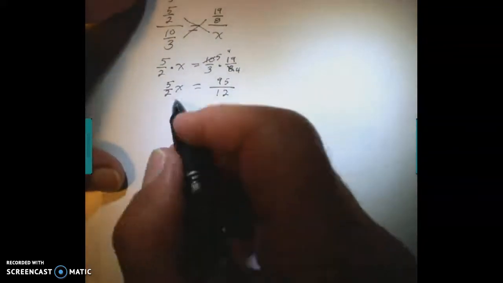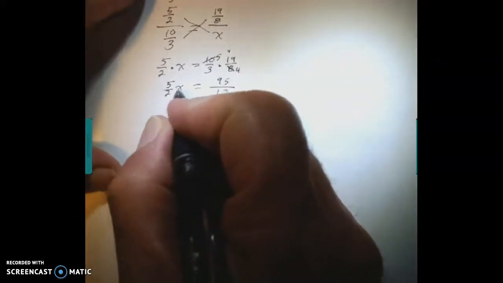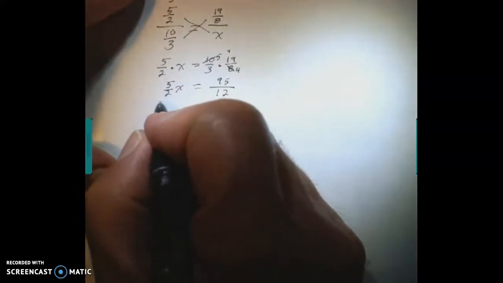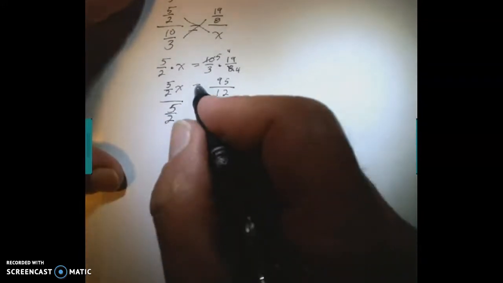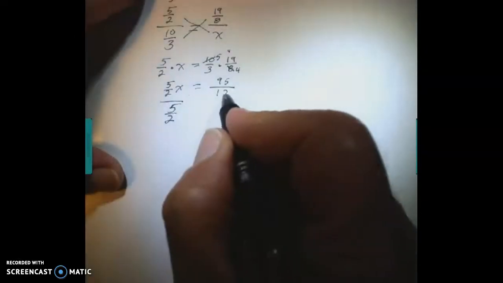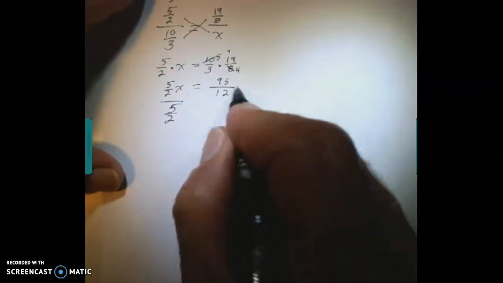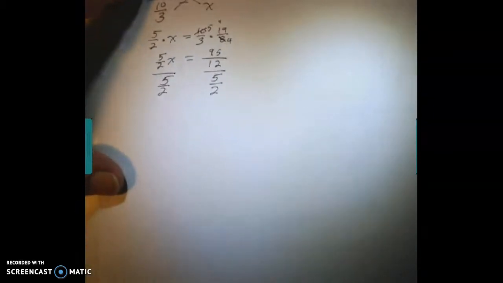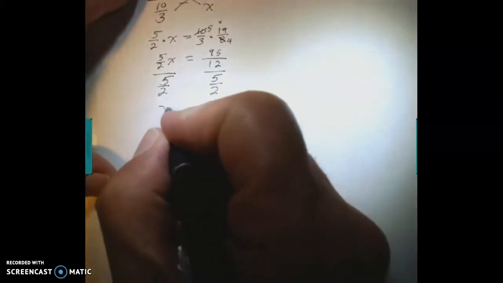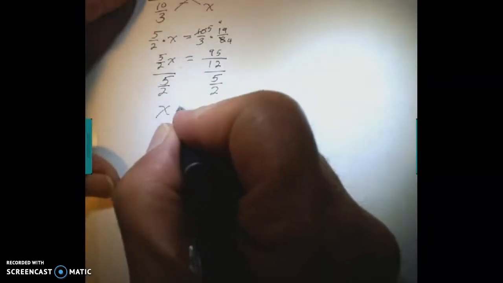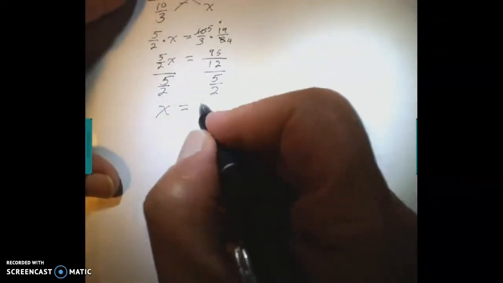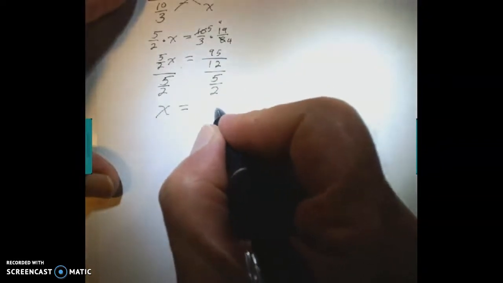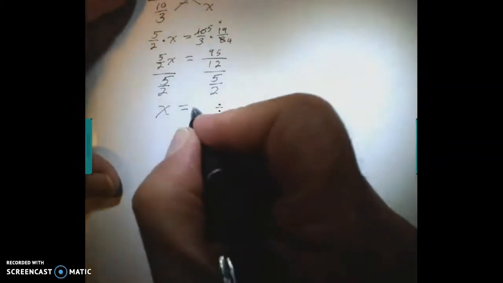You now have your equation. You need to solve your equation. You need to get the x by itself. It's being multiplied by 5/2. You undo that by dividing by 5/2. Again, whatever you do to this side of the equation, you have to do to this side to keep it balanced. So show that you're keeping it balanced by saying you divide both sides by 5/2. On this side, it gets you the x by itself, just what you were hoping for. On this side, write it out as a division problem using the line with the 2 dots. So that is going to be